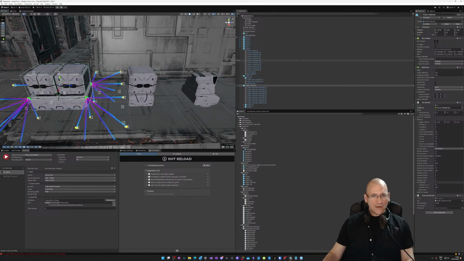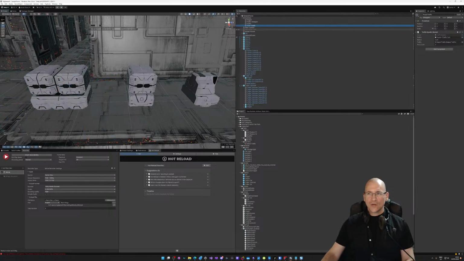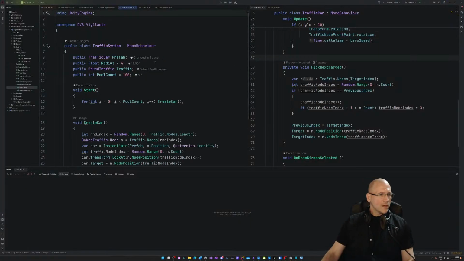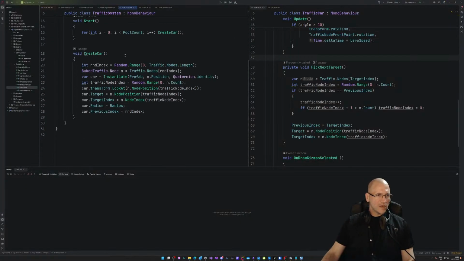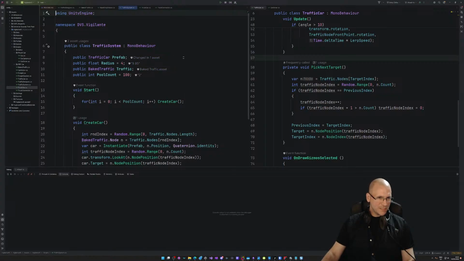All right, so we've got all three prefabs in place. They are stored. Now the truck traffic needs to be modified so that the factory produces all three elements and tethers them together. All right, so the traffic system, here's the create car function. We need additional prefabs in here. So we've got the prefab